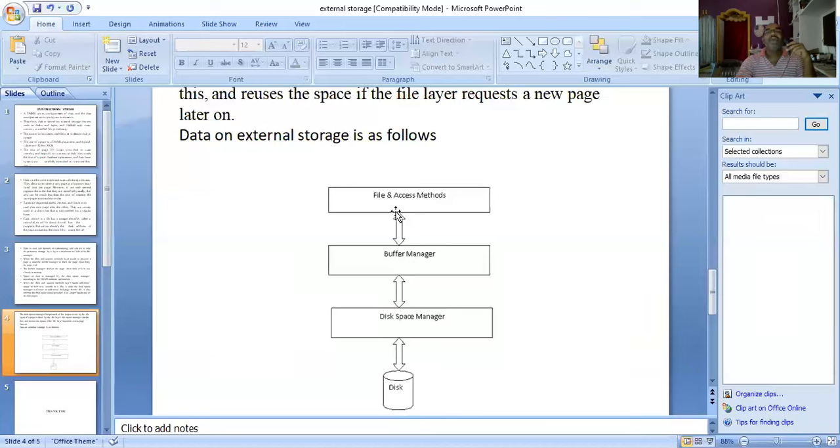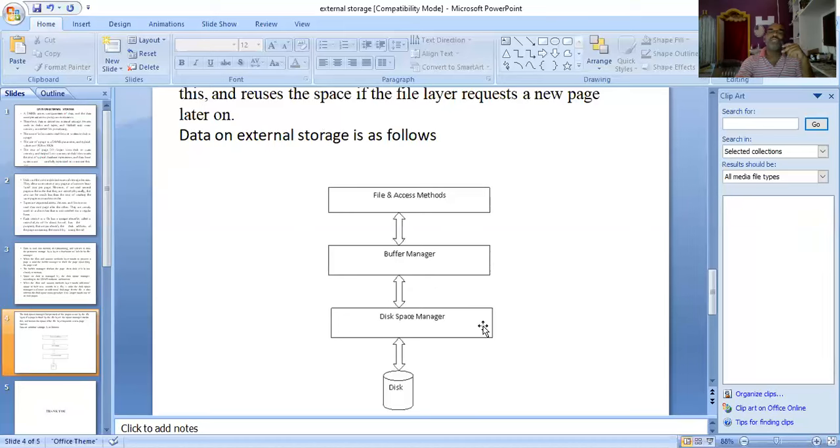The file and access methods layer will request the buffer manager to provide the space. Then the buffer manager provides the space by using the disk space manager in the disk. In the same way, the files can be accessed and stored by using the buffer manager.